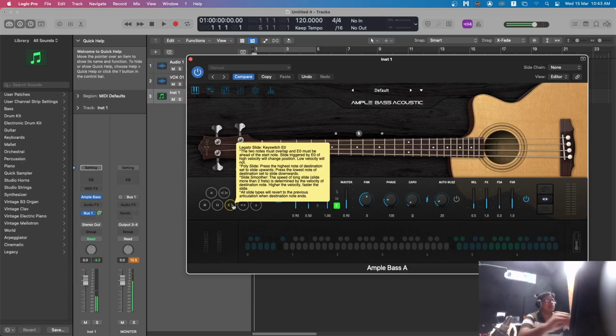So what it says: the legato slide key switches on E0. Okay, that we understood. Then it says the two notes must overlap and E0 must be ahead of the start note. So two notes should overlap to have a legato slide. Slide triggered by E0 of high velocity will change position, low velocity will not. Okay, what does it mean? The two notes must overlap. Okay,